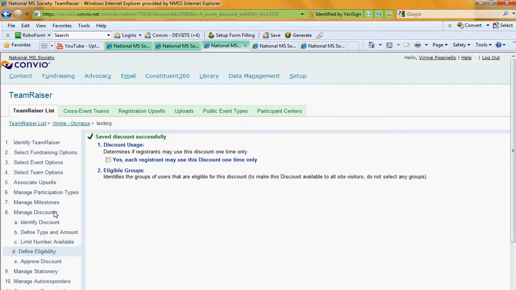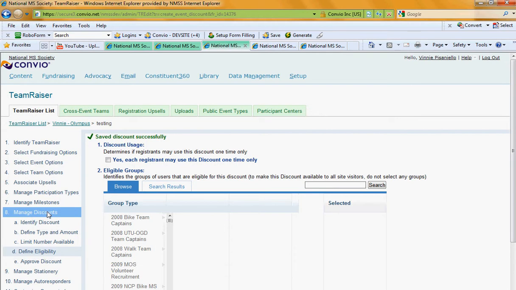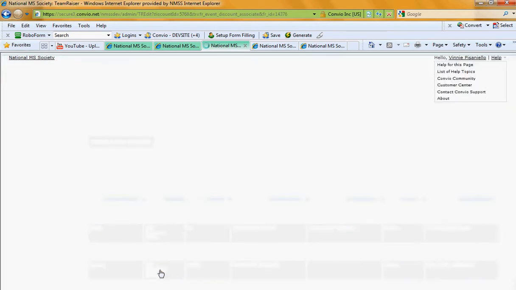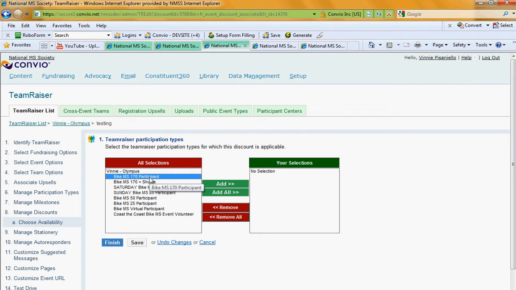The second thing that we're going to do is make sure that the discount was appropriately associated with a participation type, which most commonly is overlooked. So once you create your discount and publish it, you need to associate it with the participant type. As you can see, there's nothing on our list here. And I'm registering as a 170 participant, so I'm going to go ahead and add the 170 to our list